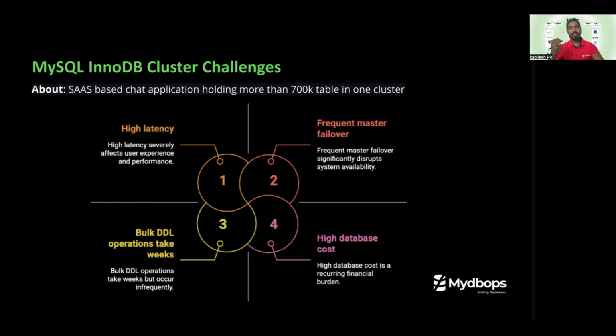As you know, a chat application is unpredictable. For example, when a bulk of users come in and do their activities, similar to WhatsApp, the MySQL InnoDB cluster stalls completely. The updates become very latent, and they have to do a failover. They have to restart the cluster to fix it. It was causing unintended downtime and application failures. So this is the problem statement.